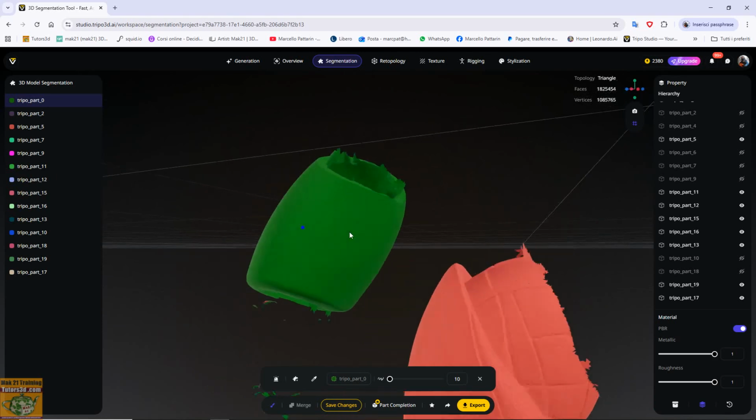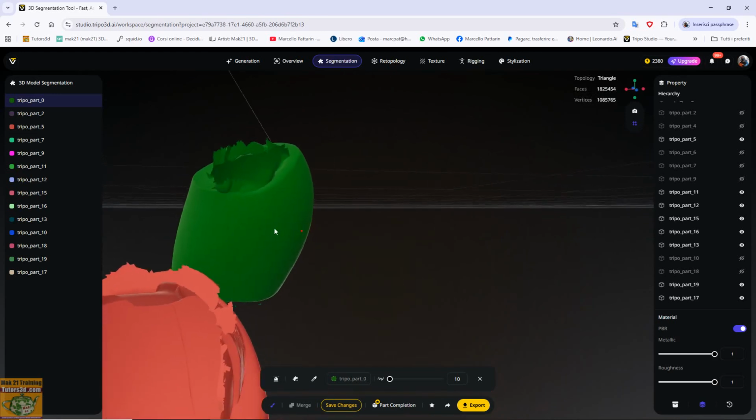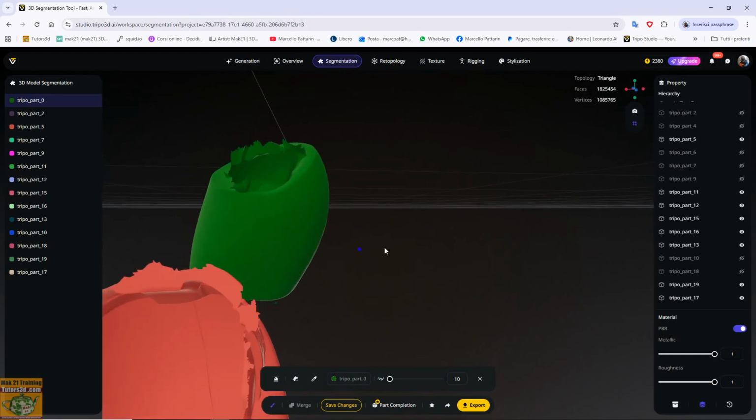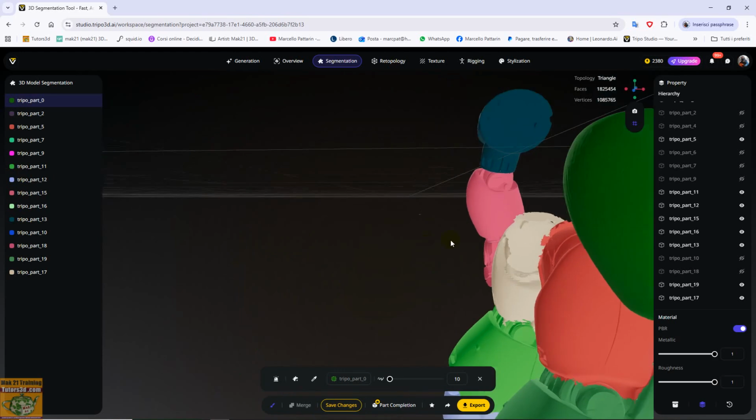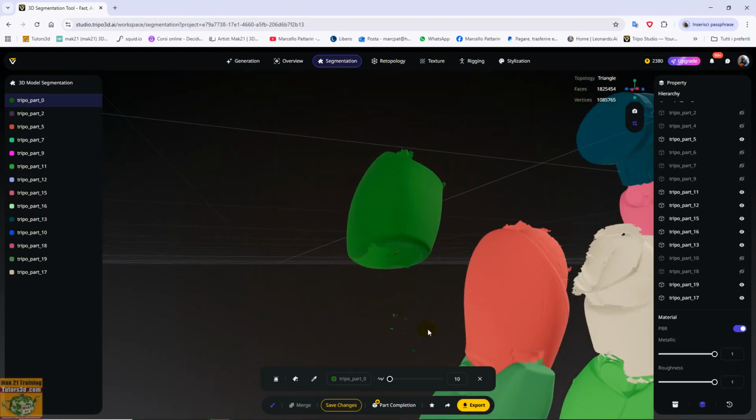Below, all these jagged elements should be part of an element that we hid, which was the hand in the area below.